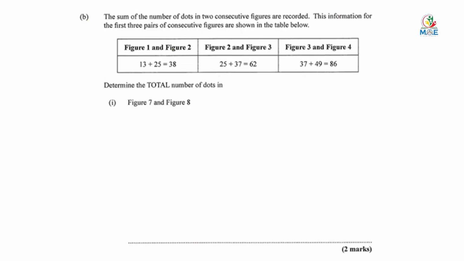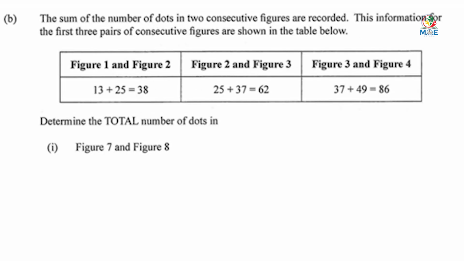This question says, the sums of the number of dots in 2 consecutive figures are recorded. This information for the first 3 pairs of consecutive figures is shown in the table below. So we have figures 1 and 2. We have 13 plus 25, we get 38. For figures 2 and 3, we have 25 plus 37, we get 62. And for figures 3 and 4, we have 37 plus 49. So they want us to show for